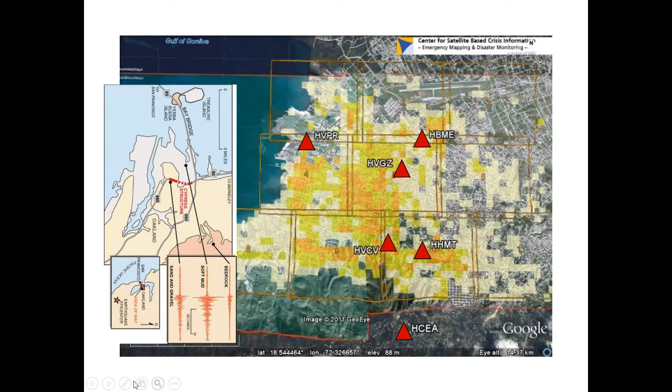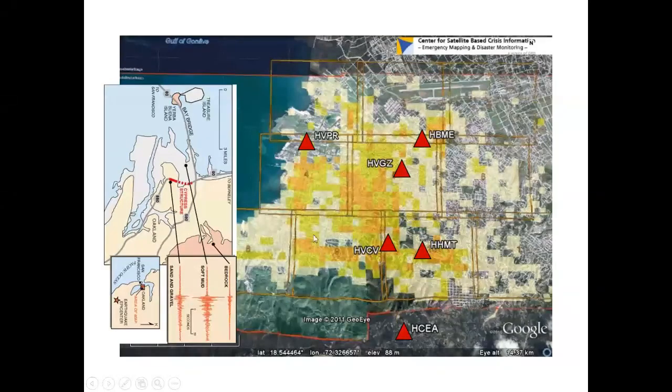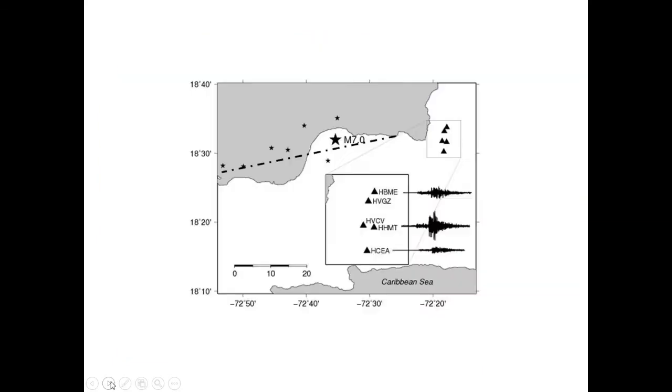But in fact, let's see, what's the best place to show it? In fact, Port-au-Prince, there's a foothill area. There's a Plio-Miocene fan complex that has a lot of small-scale topography. So this isn't just a mountain and a flat valley. It's really mountains, foothills, and valley. And so this is what the